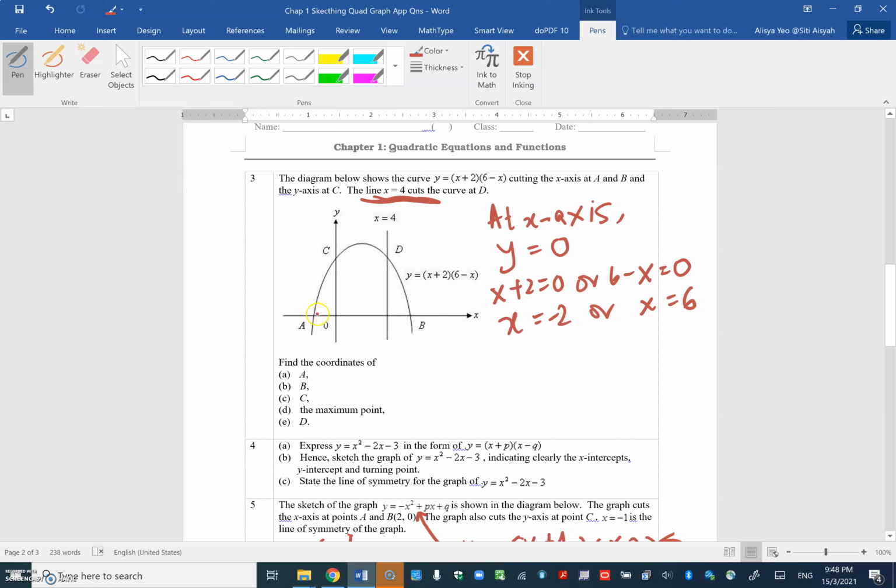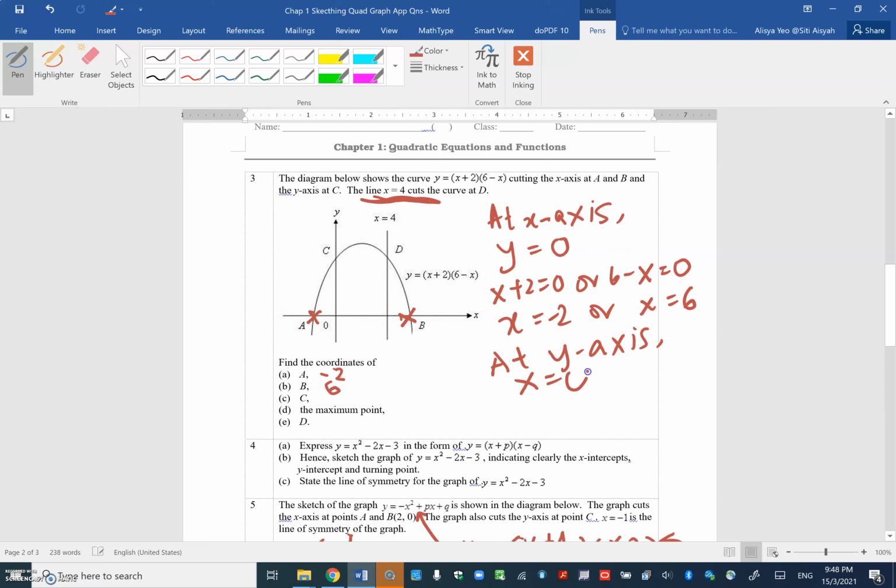Okay, so if you look at this point, A and B. A is actually at the negative portion, B is actually at the positive portion. That would mean that the value of A is -2, the value of B is 6. Okay, C is just solving for your y-intercept. So at the y-axis,